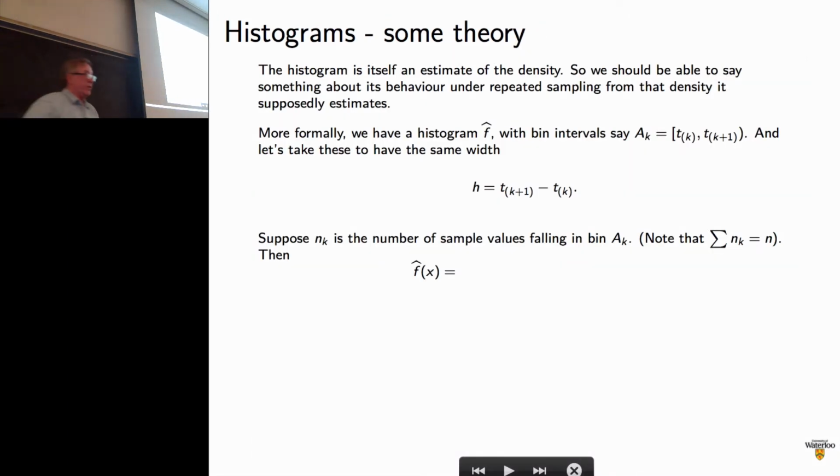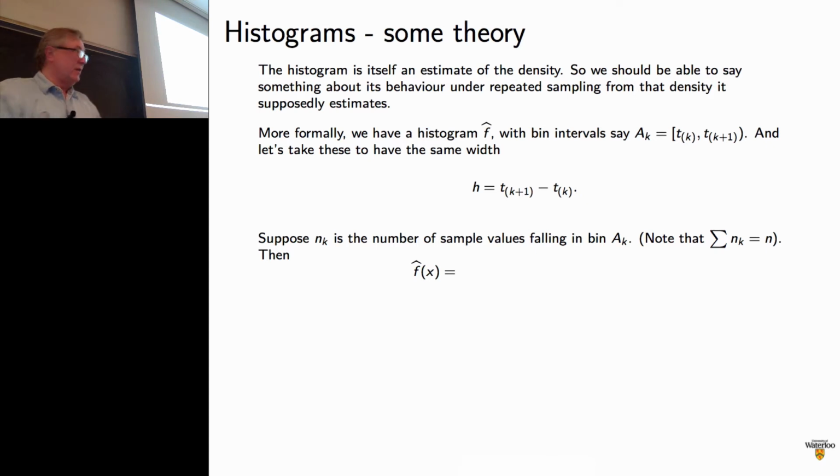So let's look at some theory here for histograms. So the notation here, you may want to jot down some notation so that you can just keep track of what we're talking about. The A_k is the bin, the kth bin, and it's going to go from closed on the left, open on the right, from t_k to t_{k+1}. And suppose that these differences are identical for all k. So the h is the bin width. And now if I have n_k observations appearing in the kth bin,